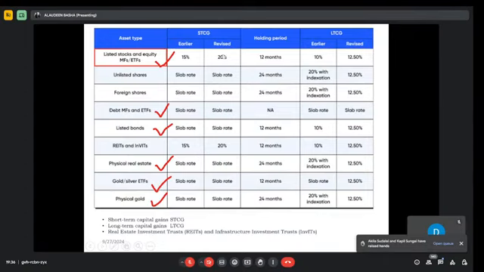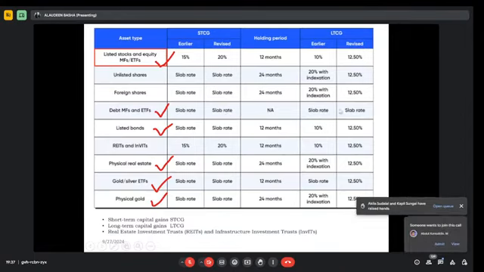You just note it down, 12.5%, because it is very useful for middle-class family members. Similarly, for mutual funds, the slab rate will be fixed, so there is no issue. Listed bonds, there is a